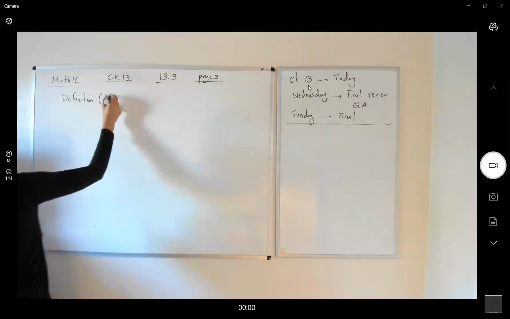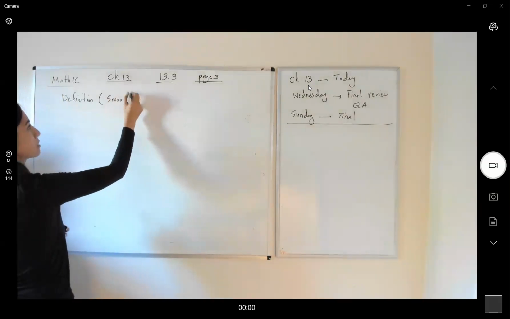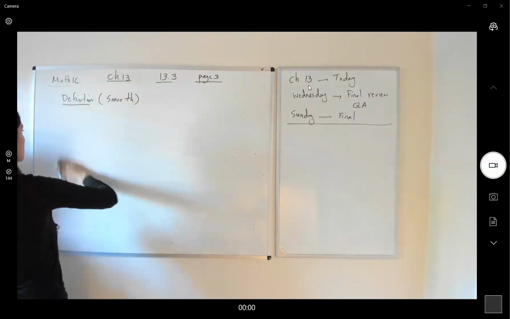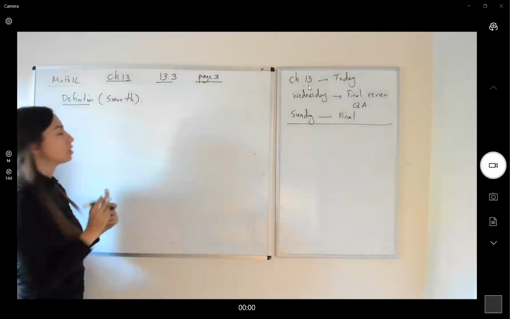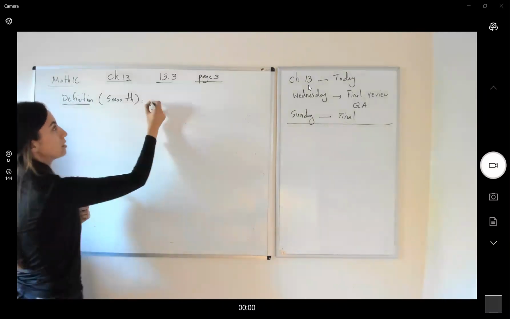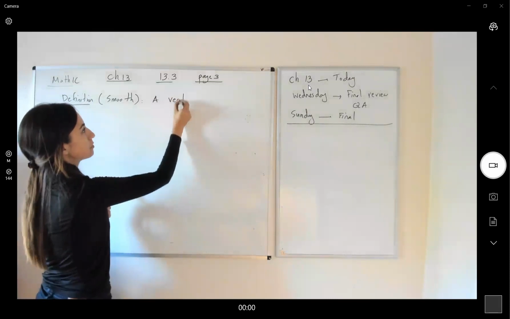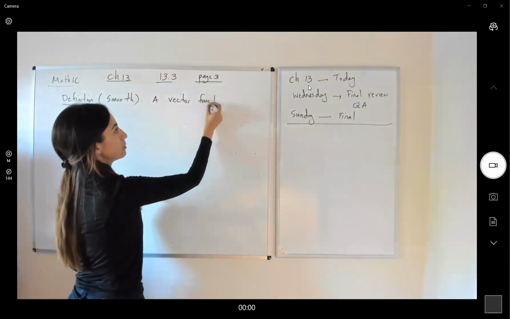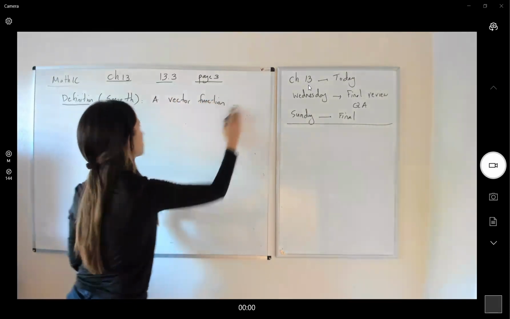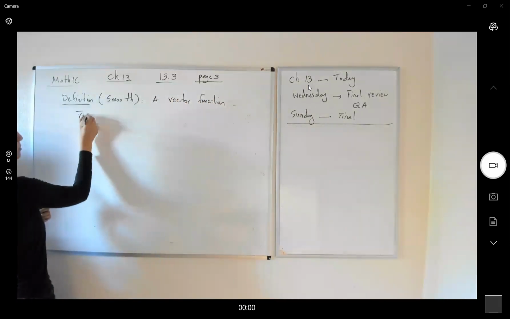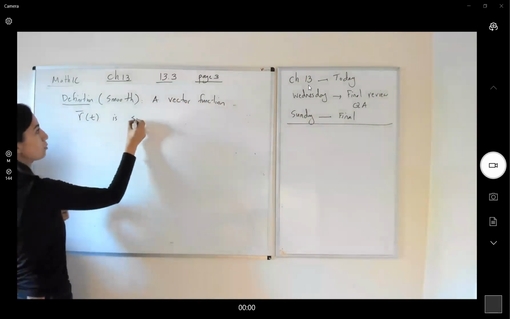Definition of a curve being smooth. In general, we say that a vector function like r(t) is smooth